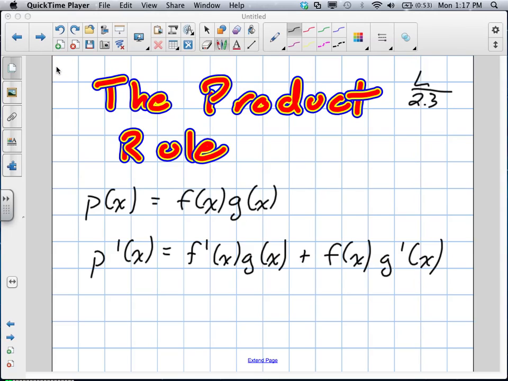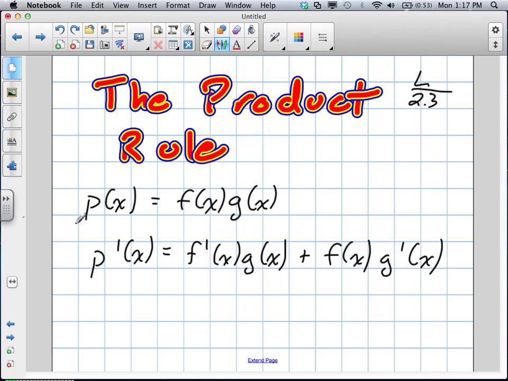Okay, the product rule when finding derivatives. So this is lesson 2.3. They've given it represented like this. If the function is made up of one function multiplied by another function, then the derivative of that